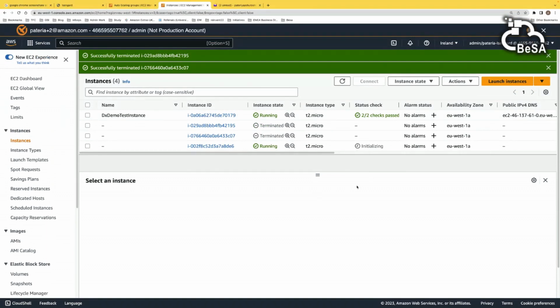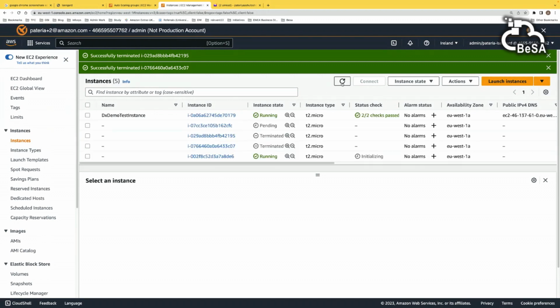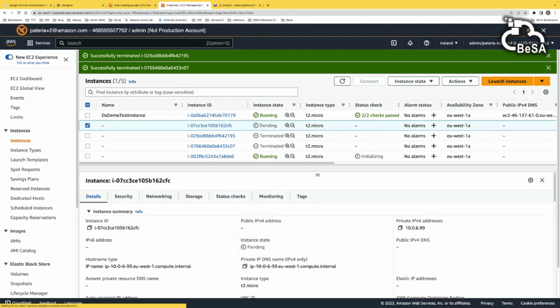So the whole idea of this is to show you how you can configure your auto scaling groups to maintain a desired capacity of instances. So whatever happens to that instance, maybe a daemon failed, or maybe somebody shut down those instances, or maybe an availability zone failed, or anything happened to that instance, your number of instances will always be available, whatever capacity you have configured, right? So see, this one more instance is coming up now.